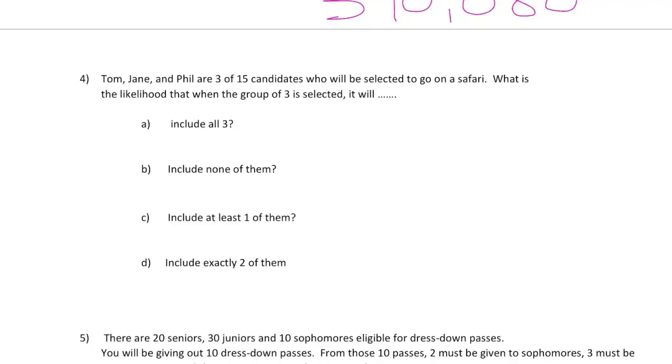Okay, so when you read this problem, I should go back and highlight one very important thing. What is the likelihood? The second you hear that, you should be thinking probability. So I grouped these people in three different groups: the Tom, Jane, Phil group, and then the all other group. So the denominator for this is going to be